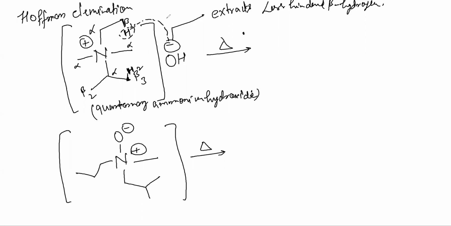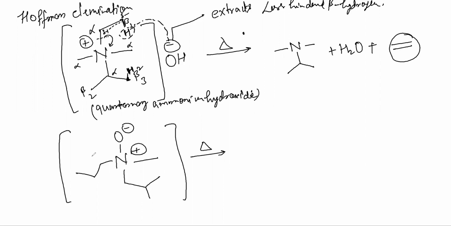Now as you start pulling it, what will happen? Here delta minus will start coming. And I hope you can see here delta plus on this carbon. So they will eventually start making bond and this leaving group will depart like this. We have discussed this reaction already. You go through the notes of elimination reaction. This will be your product. I know we discussed. This will be the alkene formed here.